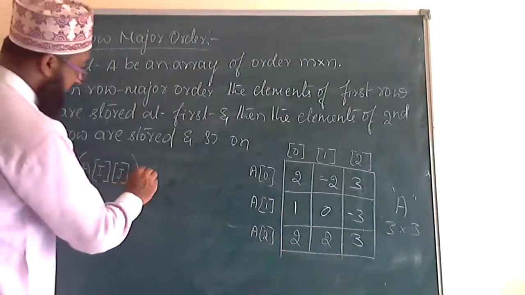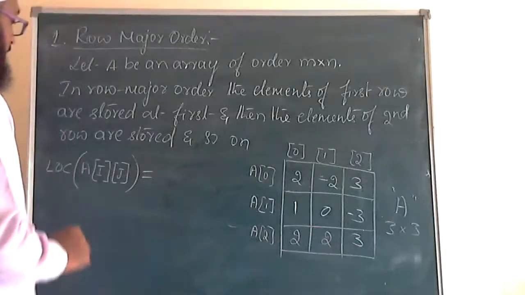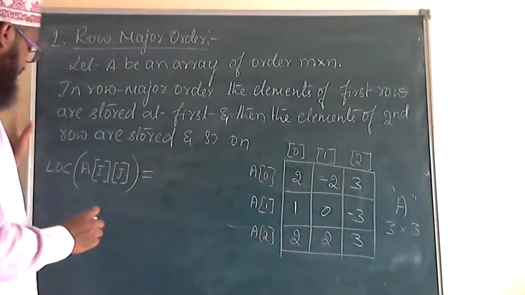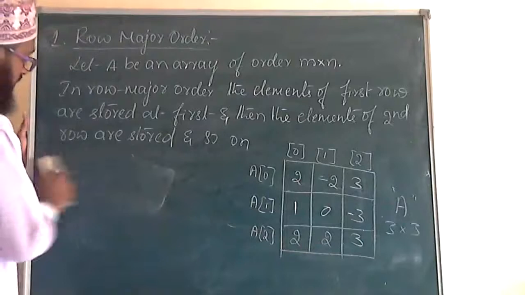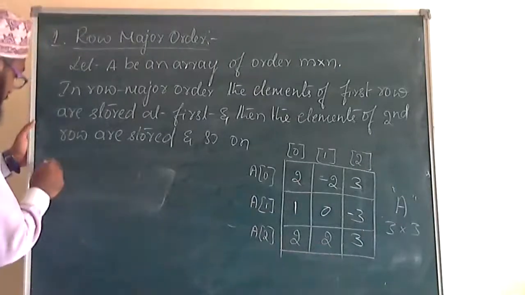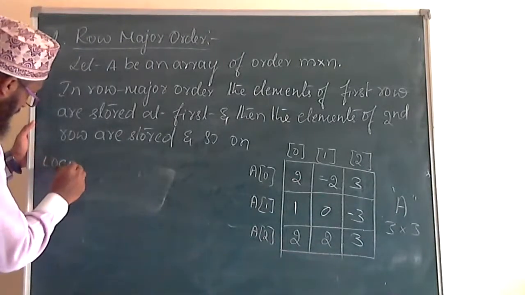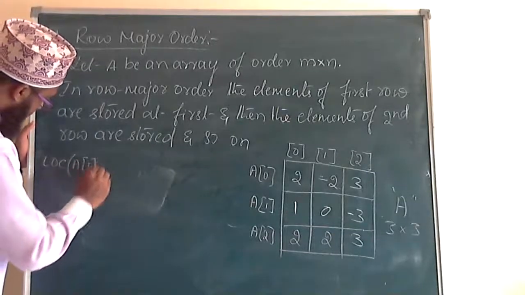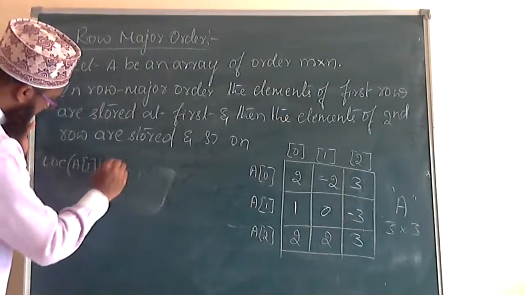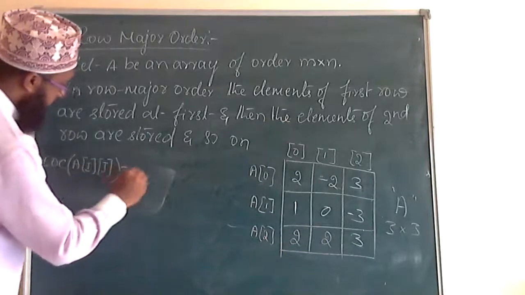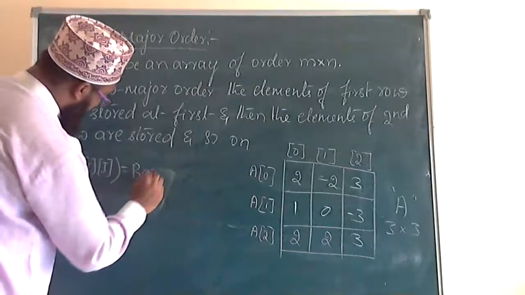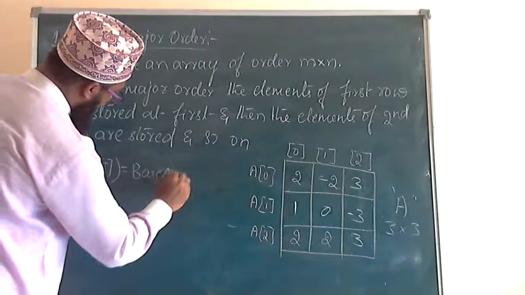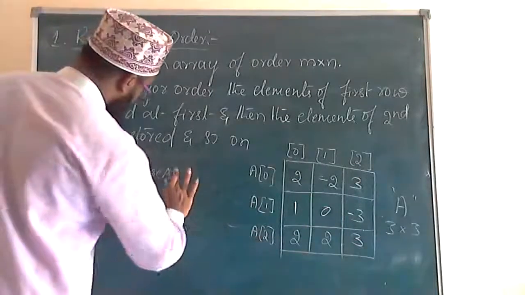So we are taking it like this, which is equal to base A, a little bit small so that I can write it in just one line. Location of A of i, j